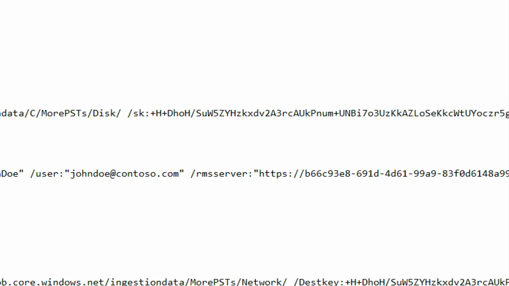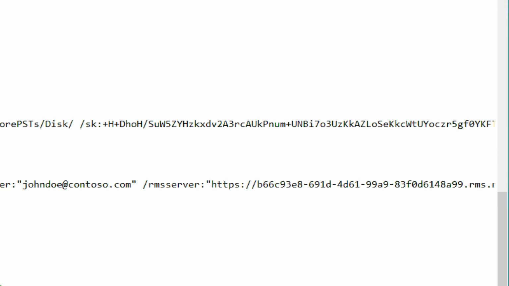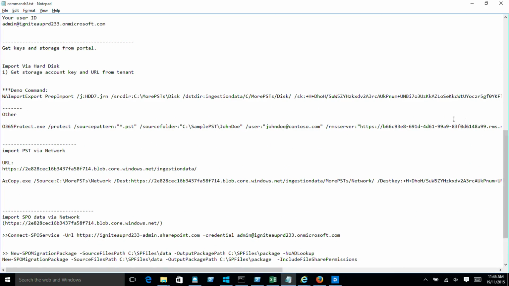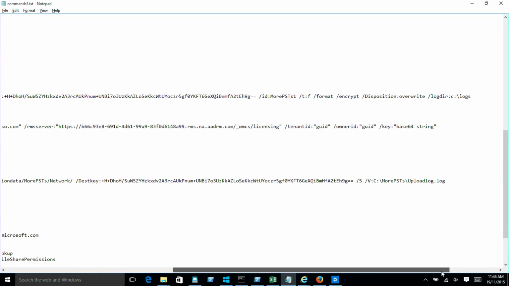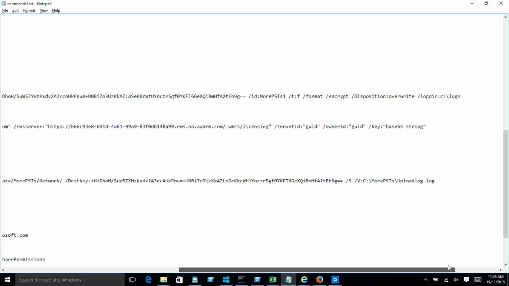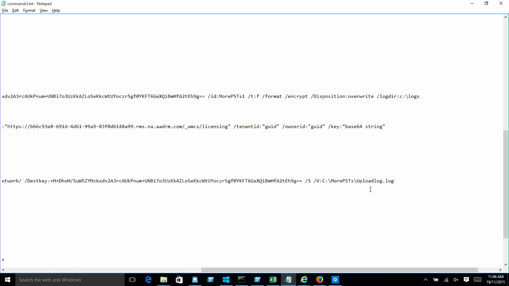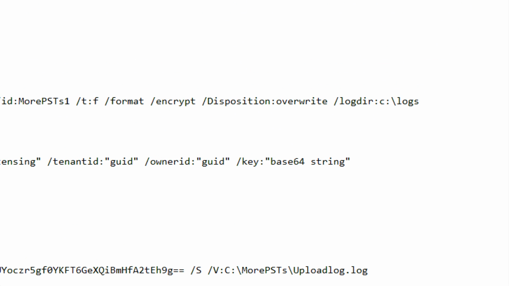Now, storage key, that's effectively what allows me to actually upload into that blob. And the other parts of the command are pretty straightforward. Format, so I'm going to format this drive and I'm going to encrypt it, which is going to create a BitLocker key, and it will return that BitLocker key back to me. It's going to overwrite everything there. So let's